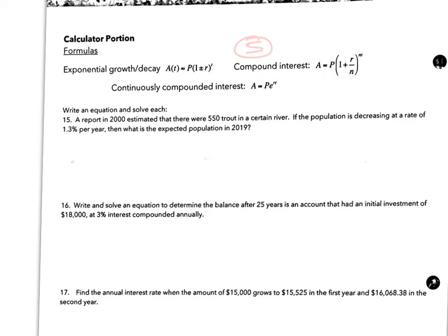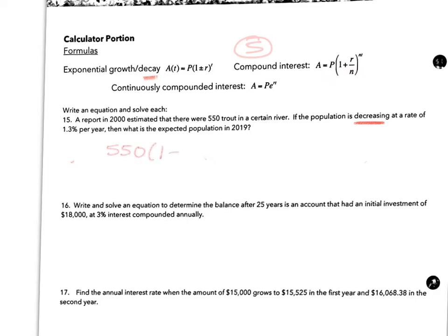And I just lost the black one, so maybe we'll do all this one in red. So for number 15, it says we have a population that's decreasing, and so this would be decay, exponential decay. And decay is subtract. So we started with 550 trout,